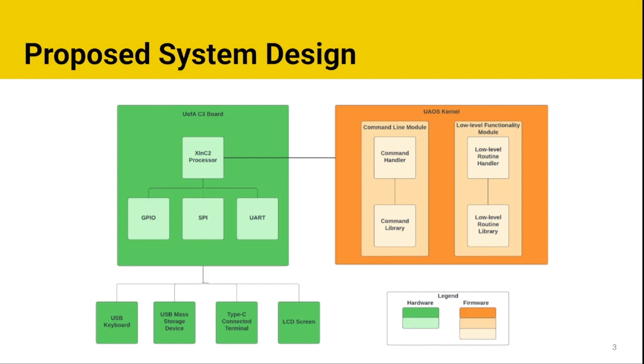On the other hand, for the UAOS kernel, we planned for it to serve as the main component to implement all our firmware functionalities. It was to do this via two modules, a command line module and a low-level functionality module. The command line module was to use a command handler and library to service command calls from users, and the low-level functionality module was to follow suit and use a low-level routine handler and library to handle calls to low-level routines, such as device drivers. The purpose of both handlers was to detect and service calls to certain functions, while the libraries were meant to actually implement those functions. Now, to showcase the prototype that we ended up implementing in trying to materialize this design,